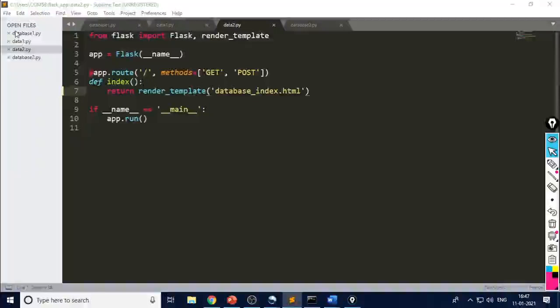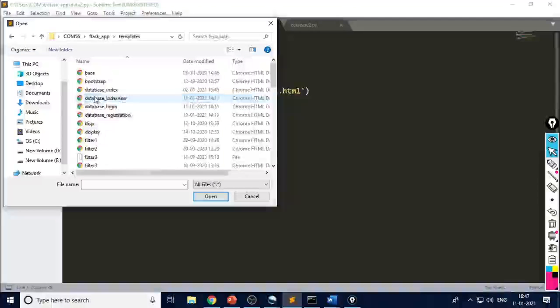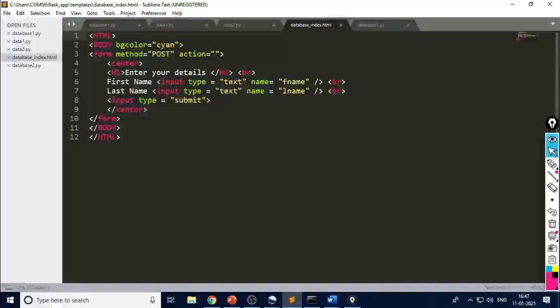So what is there in database underscore index dot html? We will open that file. All HTML scripts are stored in the template folder, so we can call it. What is the text within this database underscore index dot html? Only the background color is changed here, and we are going to input first name and last name.